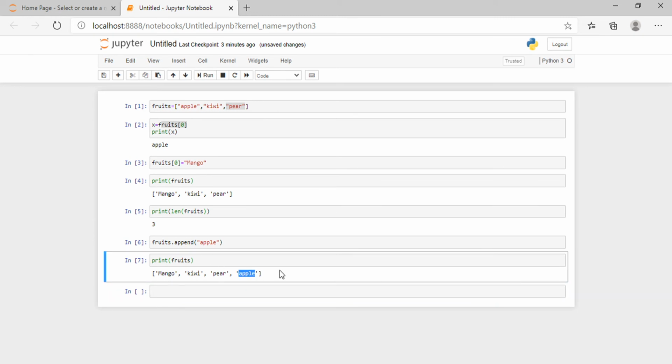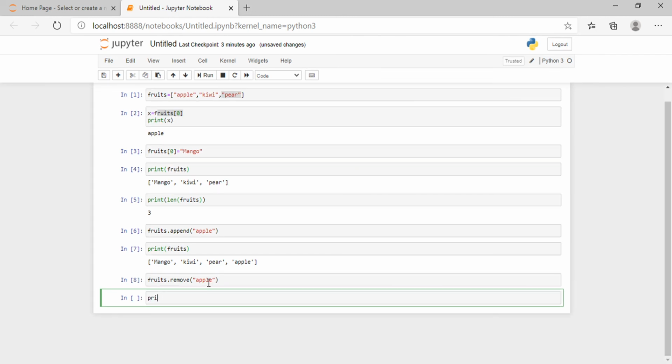and here will be how to remove, for example, this apple. So fruits dot remove, and for example the apple, and if you print,